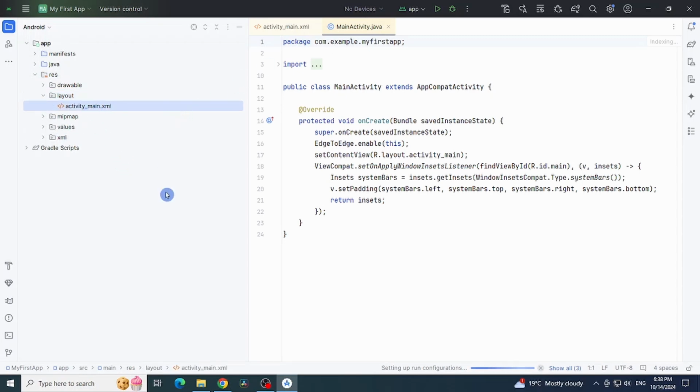So in order to design a user interface on our activity, we are going to work on this activity_main.xml. Then in order to control the functionalities or behaviors of this UI graphical interface that has been designed using this file, then